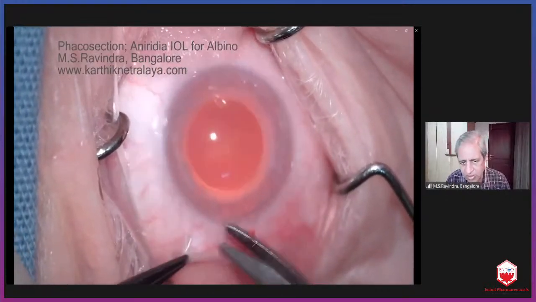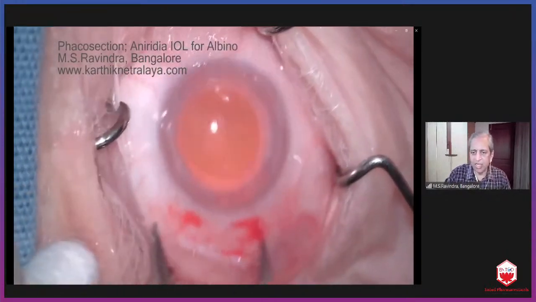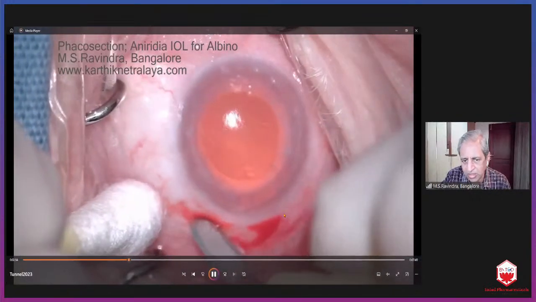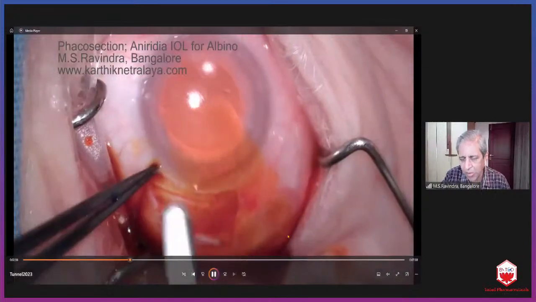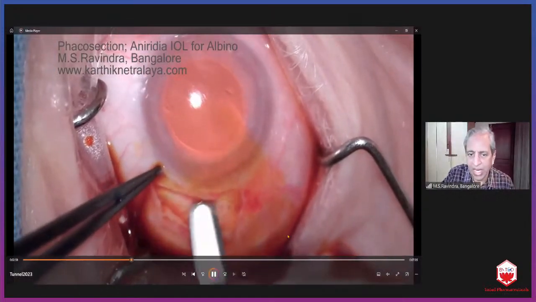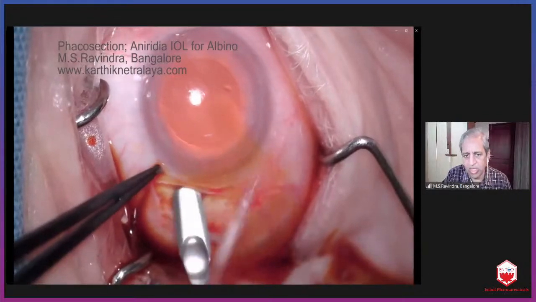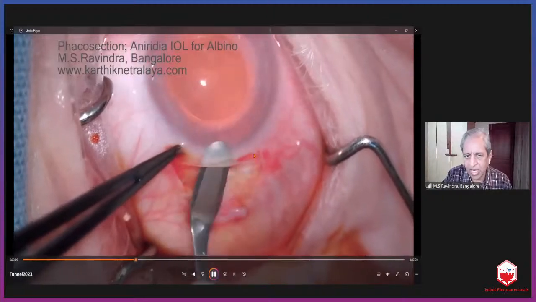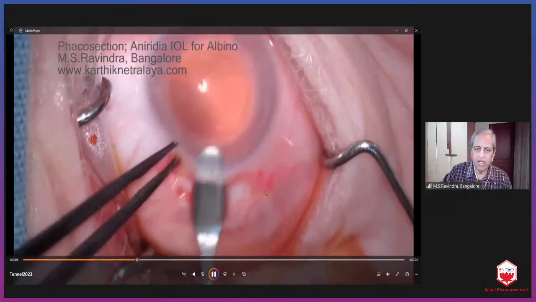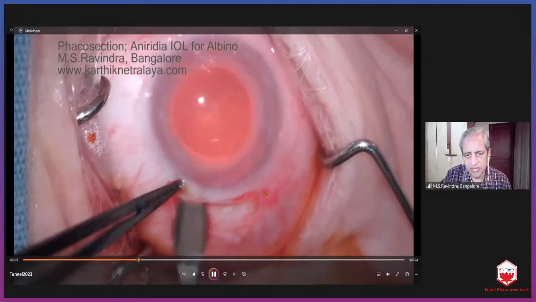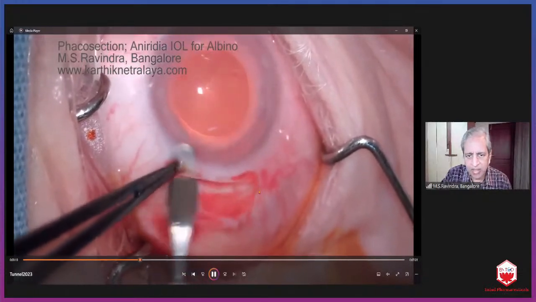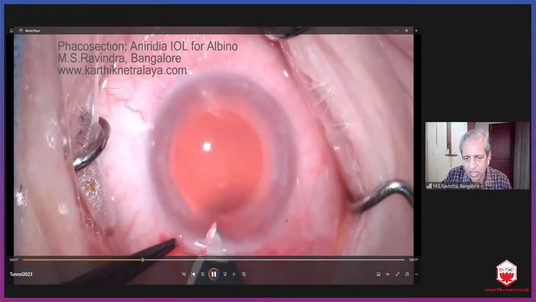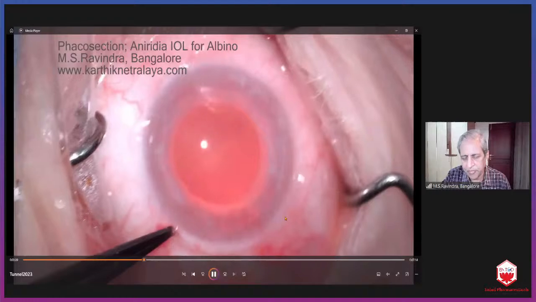Same philosophy, conjunctiva Tenon's flap. See, I hardly push the conjunctiva Tenon's. You can see about 2 millimeters. That's all. I don't dissect under the conjunctiva. I don't pass the blades blindly under the conjunctiva Tenon's, which will create a lot of bleeding. If there is bleeding from a particular vessel, I cauterize that vessel instead of uniformly doing the cautery in that area. So this is a large tunnel, maybe about 9.5 millimeter, depending upon the size of the lens that